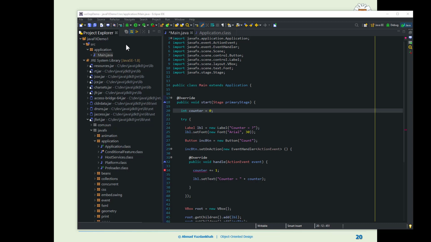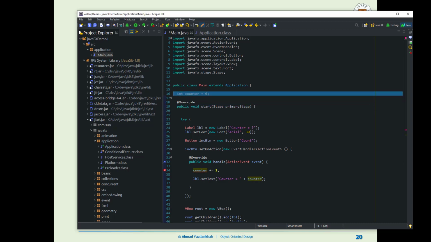Yeah, I think I need to move this counter here as an instance variable to be able to use it over there easily. All right. So the counter starts from 0, and then for every click,